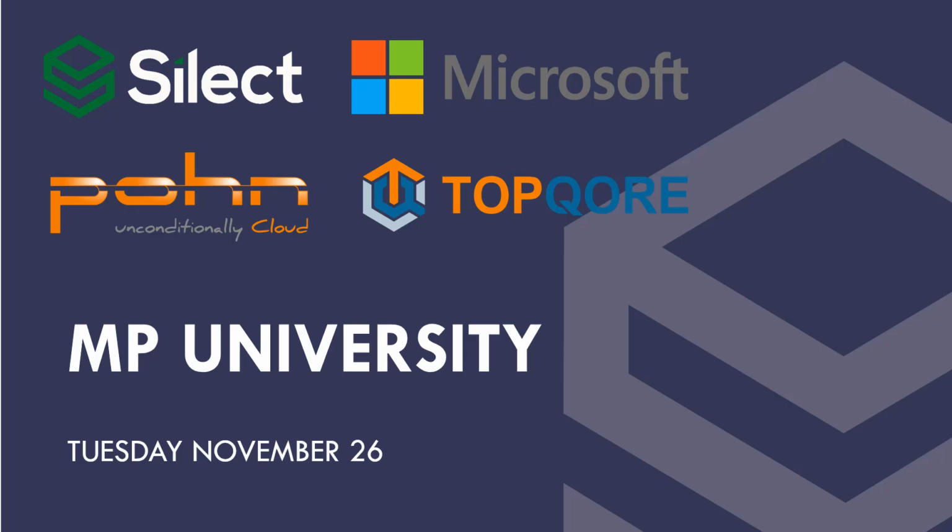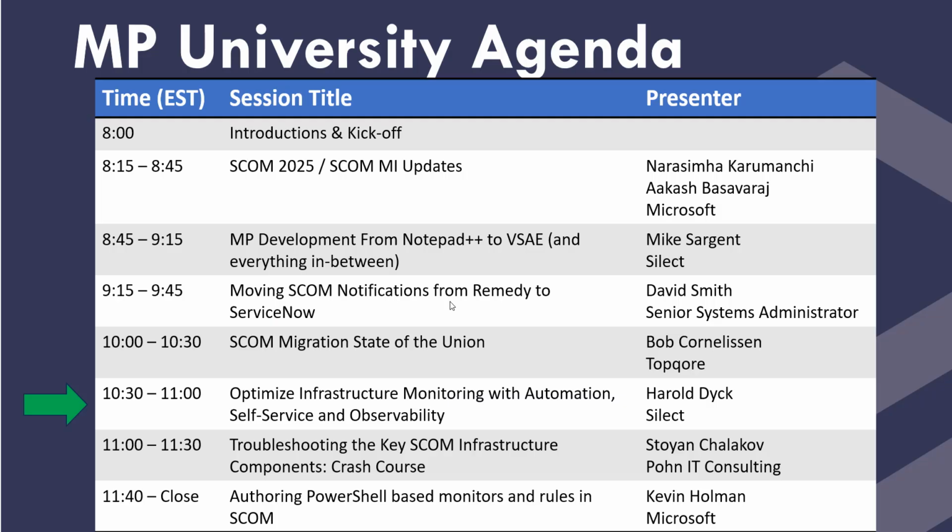So for our next session, I'll be presenting on optimizing infrastructure monitoring with automation, self-service, and observability. And of course, there are a number of things that can be done to optimize monitoring efficiency, and we're just going to cover a few of those things at a pretty high level, as we only have half an hour to discuss this. And we'll focus on automation, we'll focus on self-service, and we'll also introduce some new ideas